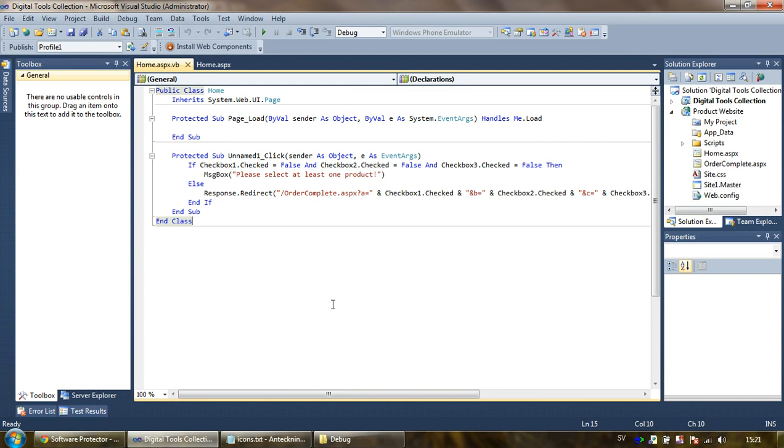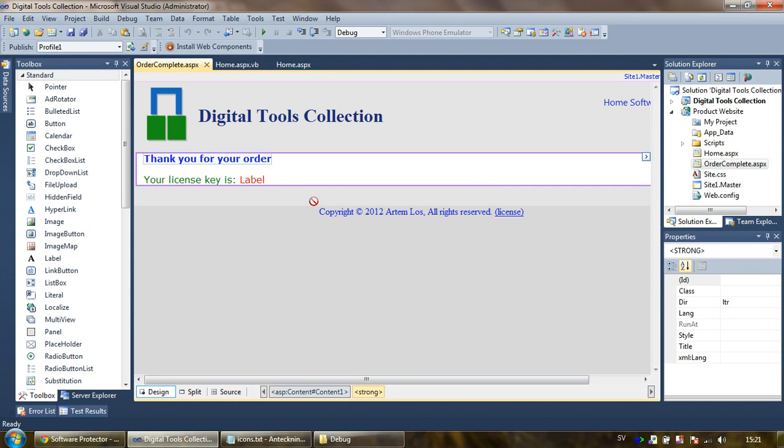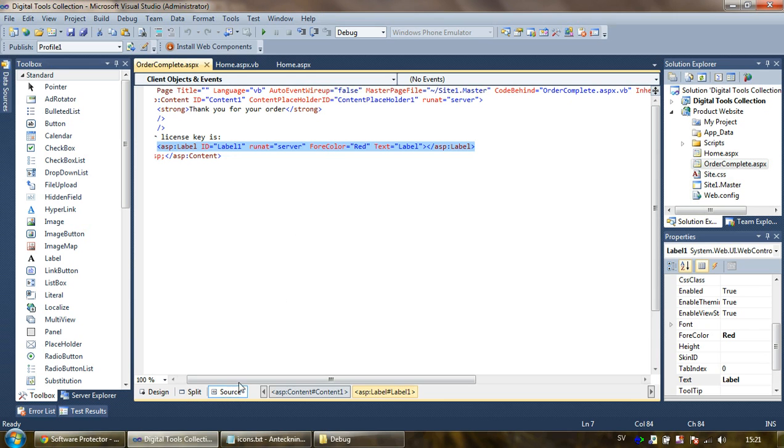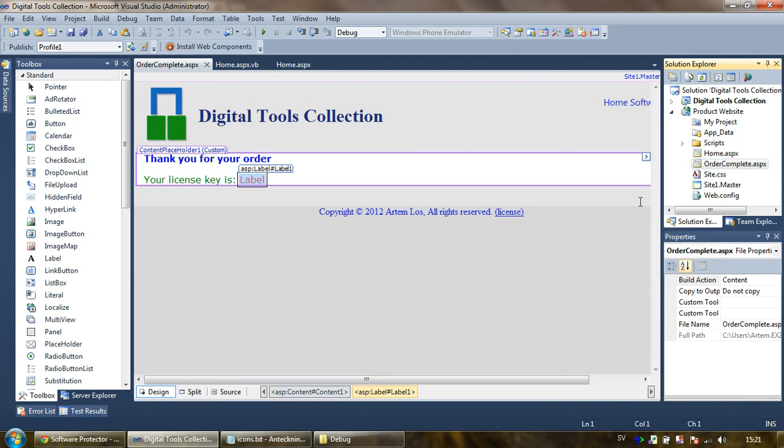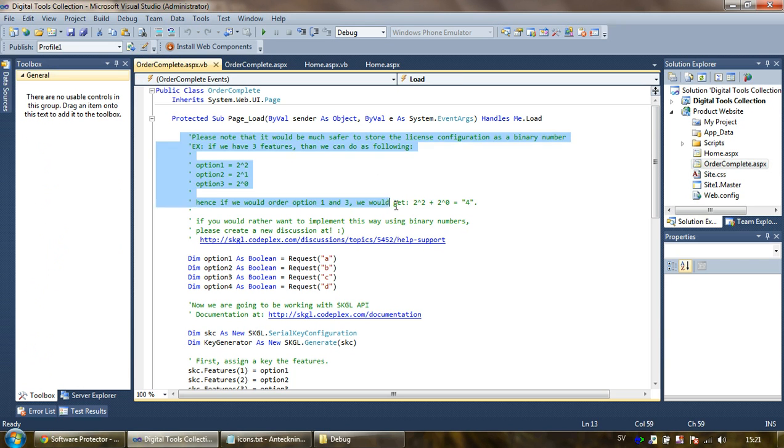So once we have done with this thing, we go to the order complete form, and here I have a label where we will get the key, and then we look at the source, and as you can see, it's not that much to look at. But if we go to the actual code, then we'll see stuff happening. We have 4 different requests we get. So we have A, B, C, D, and of course, I wrote here as a comment that if you would like to